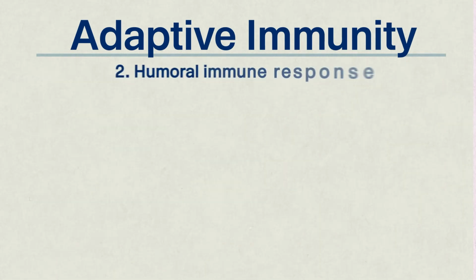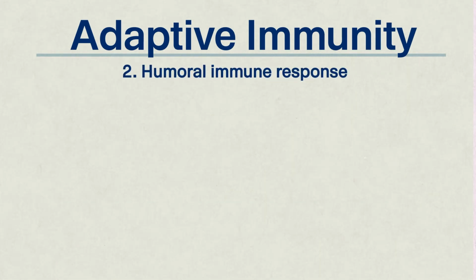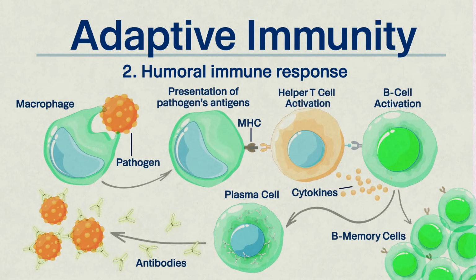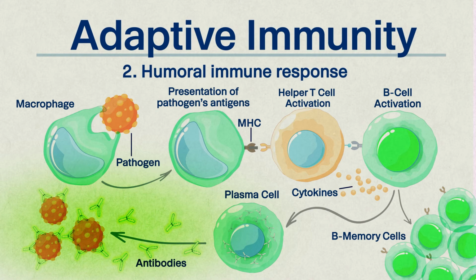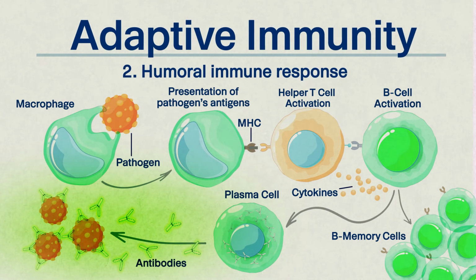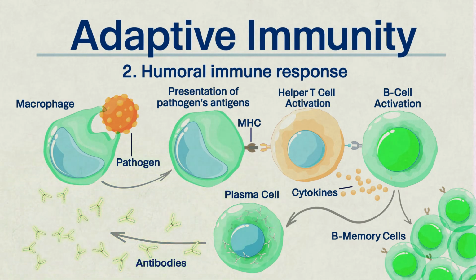The other type of adaptive immunity is humoral immune response, mediated by B cells and antibodies. With assistance from helper T cells, B cells differentiate into plasma B cells that can produce antibodies against a specific antigen. B cells respond to antigens from pathogens that are freely circulating or outside the infected cells. Antibodies produced by the B cells bind to antigens, neutralizing them or causing lysis or phagocytosis, the cellular process for